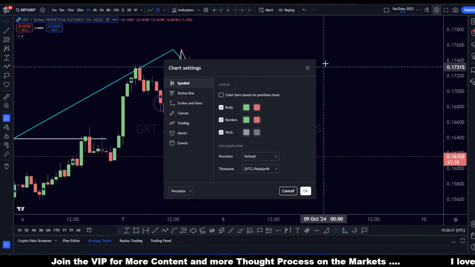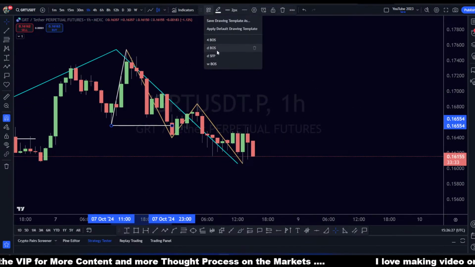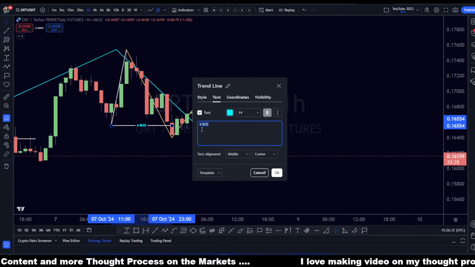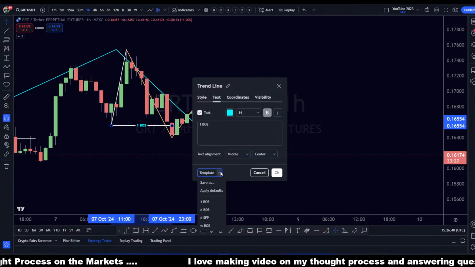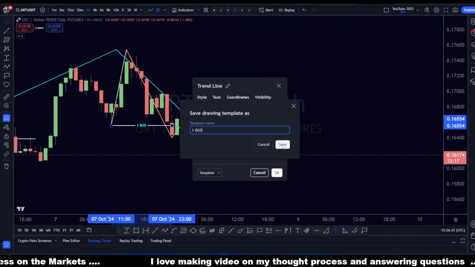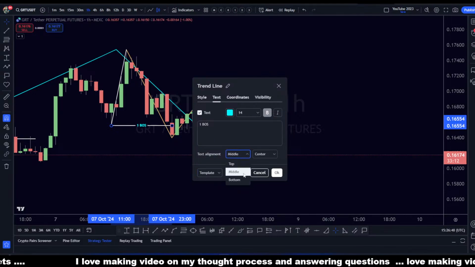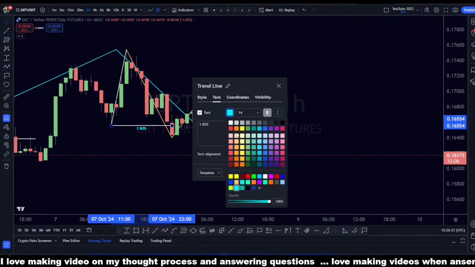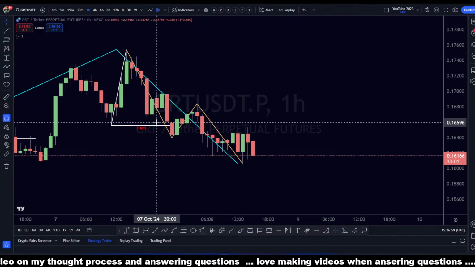Oh my gosh, what am I doing? Get out of here. All right, here we go. This is a bearish. So 1 hour. Go ahead and change this to 1 hour. And copy, save, 1 hour. And we're actually going to put this bottom. And this, I'll put it red. Okay. So this is a bearish